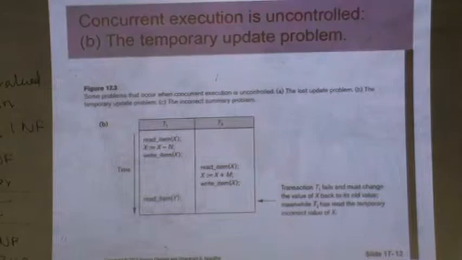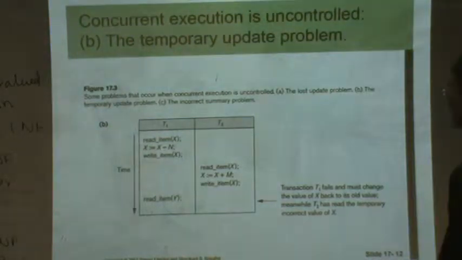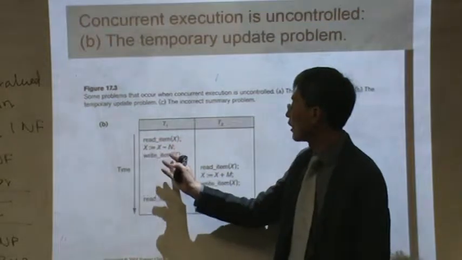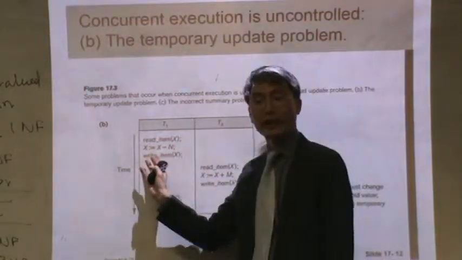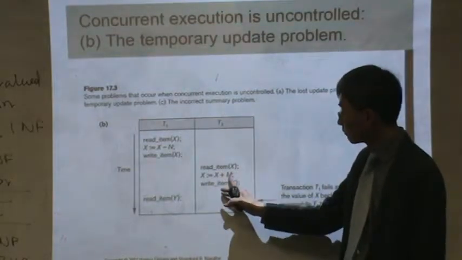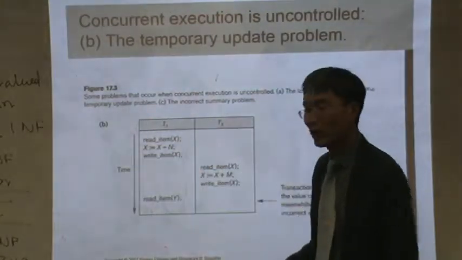And similarly, we have another problem, the temporary update problem. For example, T1 reads the data, decreases it and writes the data, then T2 writes the data and reads the data item X. And so, for example, in this case,